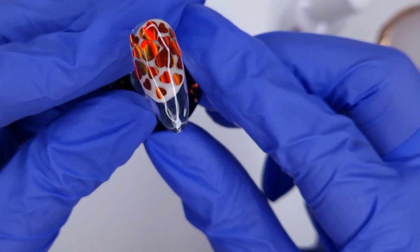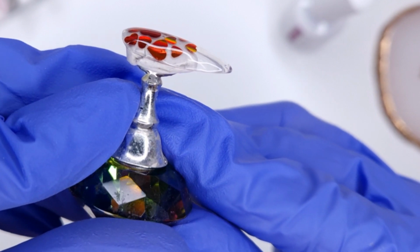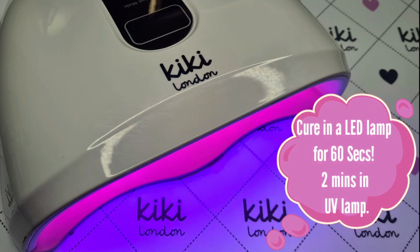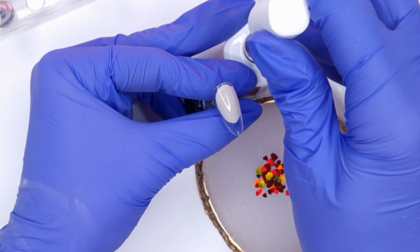So as you can see, I walked it down to the very tip of the nail, and it self-levels absolutely beautifully. As you can see here, just look how smooth this is, and it has encapsulated those hearts beautifully as well. And as you can see, it is crystal clear. So I'm going to pop that in to cure for 60 seconds and we're going to move on to the